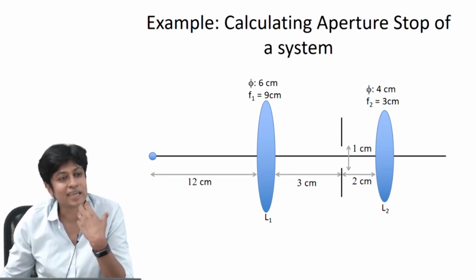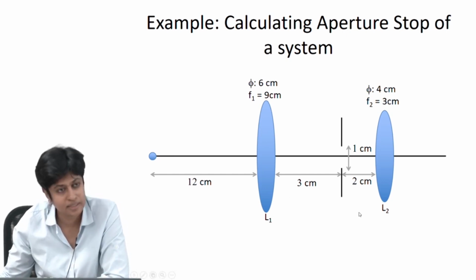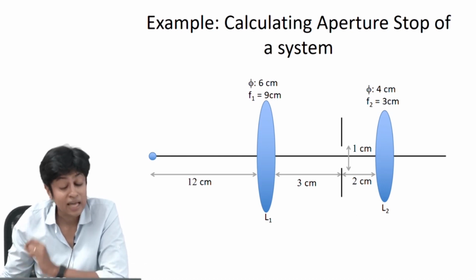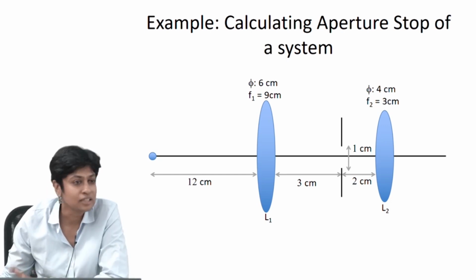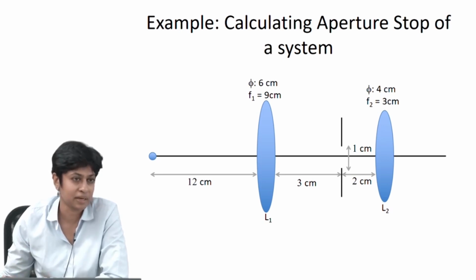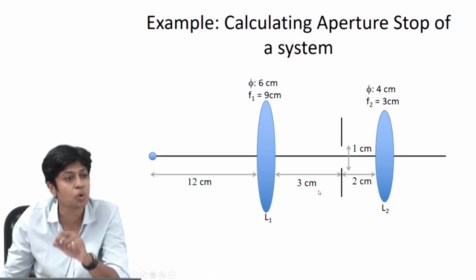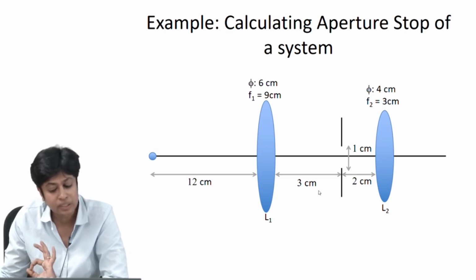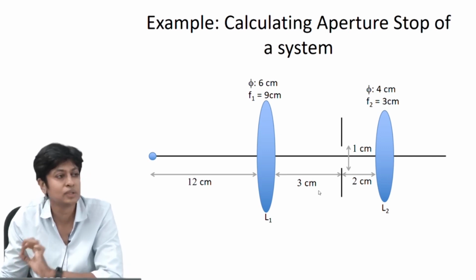Now I can take a guess, given that the diameter of the lenses are much larger than the diameter of this aperture, it's quite likely that even in this case the aperture will turn out to be the aperture stop, right? But that need not be the case always. Keep that in mind. It depends upon the focal lengths, the positions, because it depends how the light is going to be bent and traveling through this system. Okay, so we'll use this example to calculate and find out which of these elements actually is the aperture stop